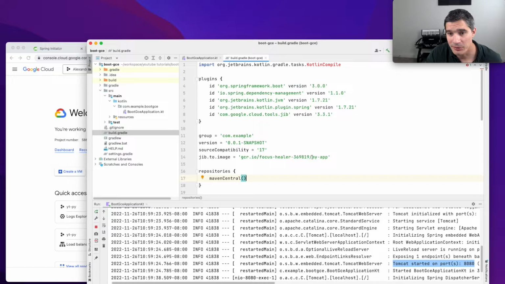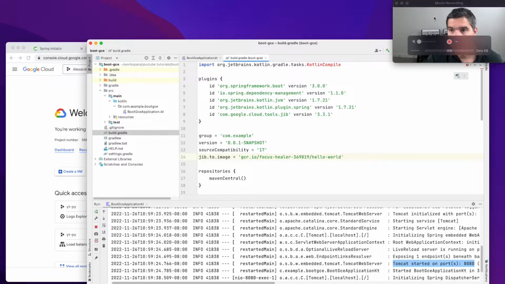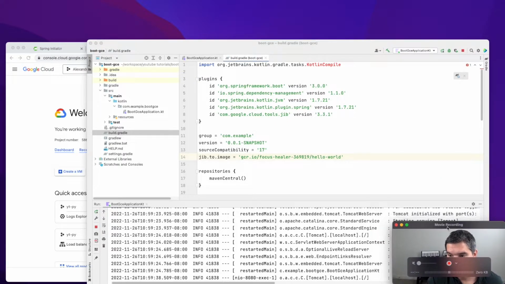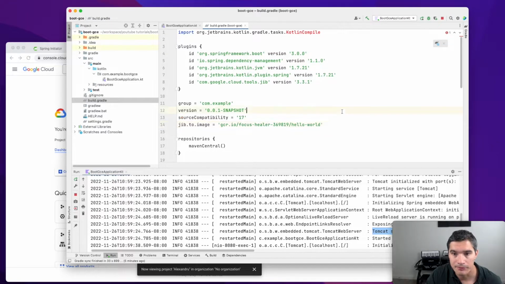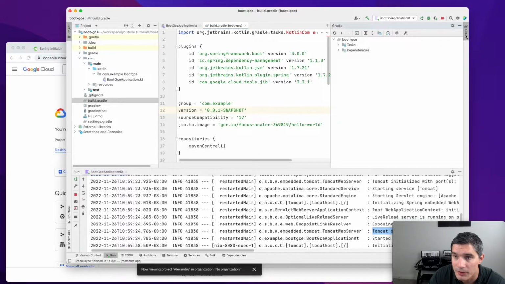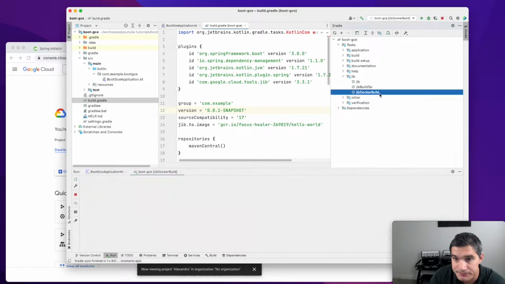We also need to give a name to our image. Let's say hello world in here. And I'll move my camera because it's in the way. So yeah, we made changes to the Gradle file again, so we need to refresh it one more time. And inside this Gradle tab in IntelliJ, we can also use Gradle in the command line. So we will see tasks, and there's this section Jib that was added by the plugin, and the target that we need is Jib Docker build. So we'll just